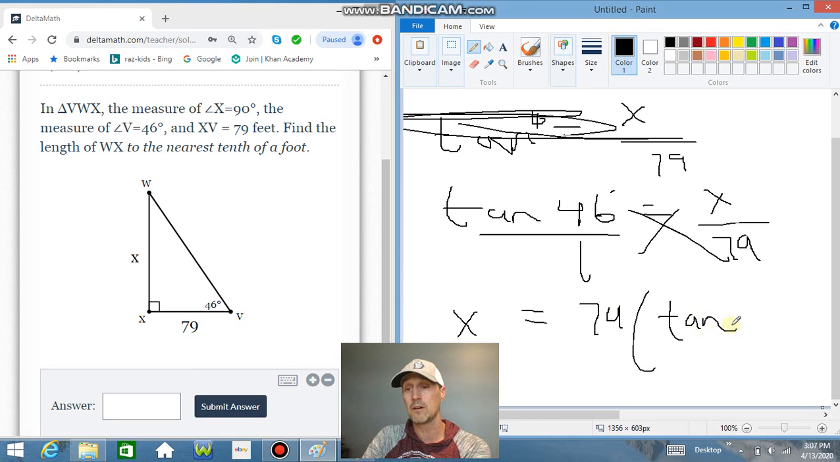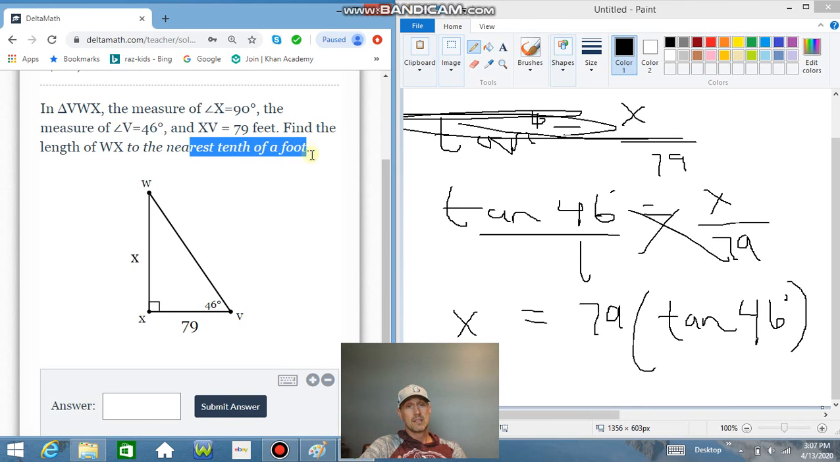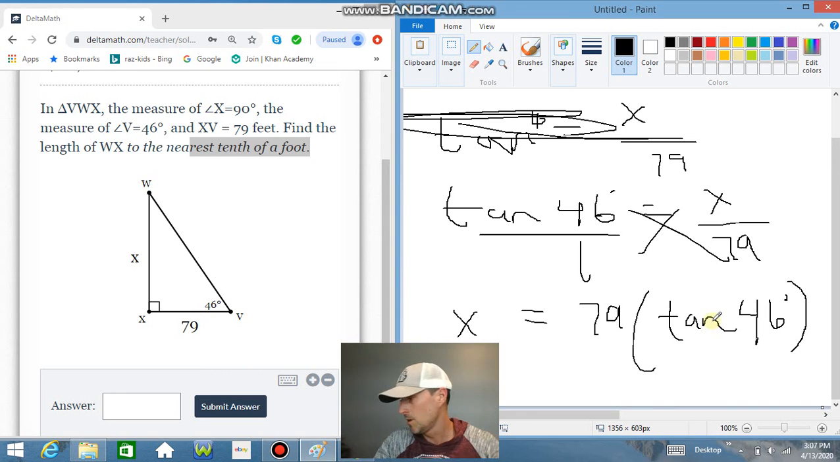So grab your calculator. If you don't have one, search one on the internet. Your smartphones, if you turn them sideways, they have this too, right? So tan 46 degrees, make sure you're in degrees, not radians. Multiply by 79, and you get your answer. They're asking to the nearest tenth of a foot, and you get your answer on that one. Okay? So could punch that in real quick. Now, I don't have these problems preloaded, so I got to do them on the fly too. So let me get